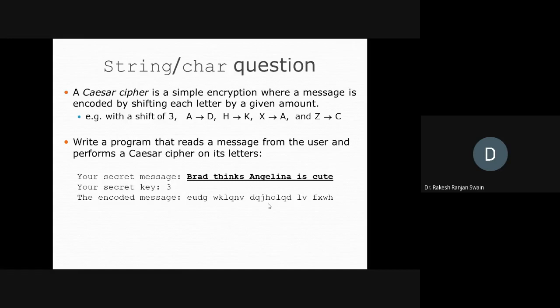Note down the question, all of you, and try at home. This is your string. You have to take the string, shift each character by 3, and then print. You have to check it. All of you, please note down this question.